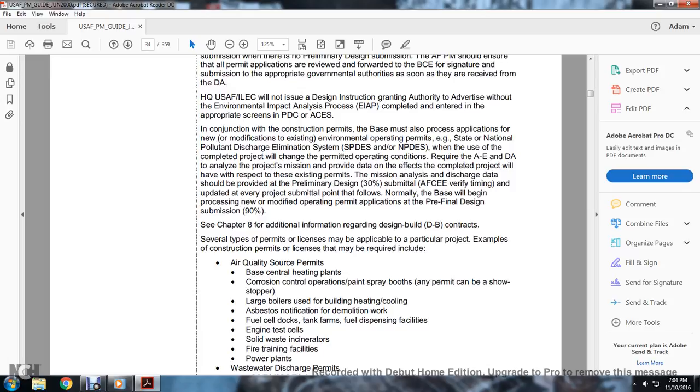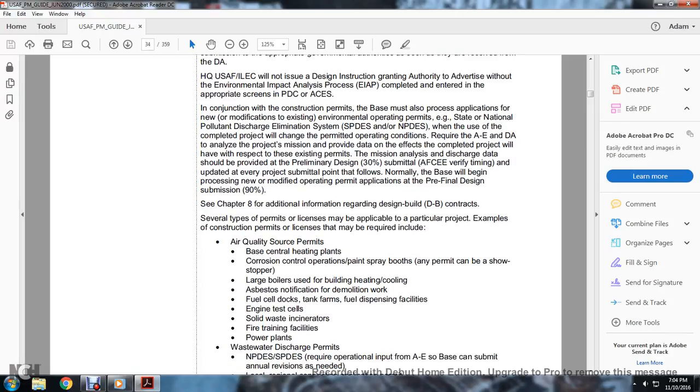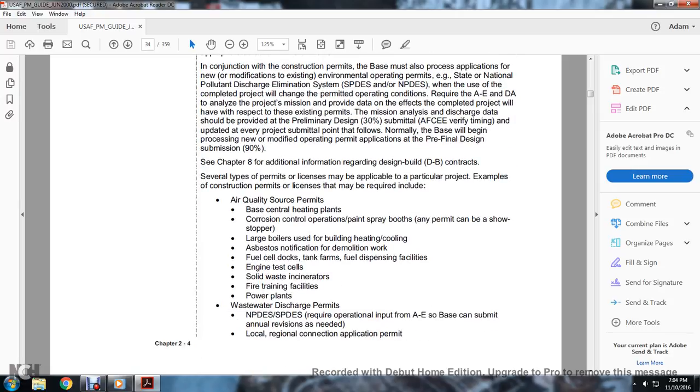For example, the construction permits and licenses that may be required: air quality source permits, base central heating plants, corrosion control, operation paint spray booths. Any permit can be shown per stopper. Large boilers used for heating and cooling, asbestos notification for demolition work, fuel cells, docks, tank farms, fuel dispensing facilities, engineering test cells, solid waste incinerators, fire training facilities, power plants, water discharge plants, and the